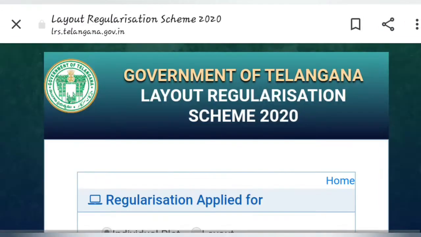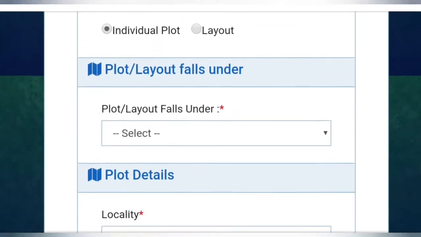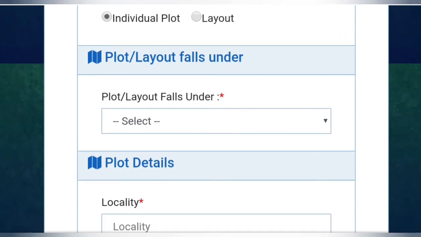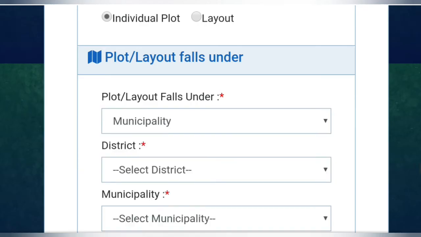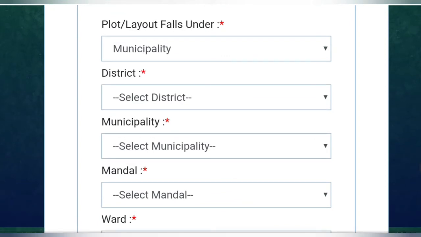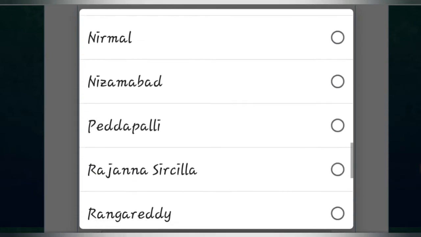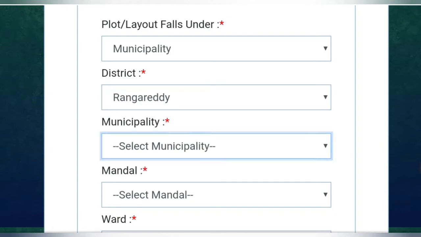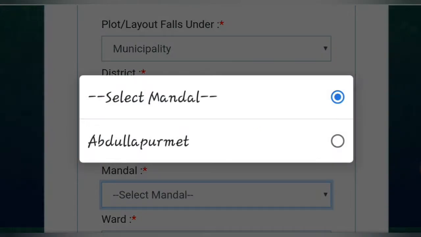I'll go with it. Okay, this falls under some categories: Gram Panchayat, HMD, municipality. So these are the options, and mine is municipality. Whatever your plot contains, you have to go with that. Enter your plot location details, like which district it falls under. So mine is Rangareddy, and municipality is Turkayamjal, Mandal Abdullapur Met,